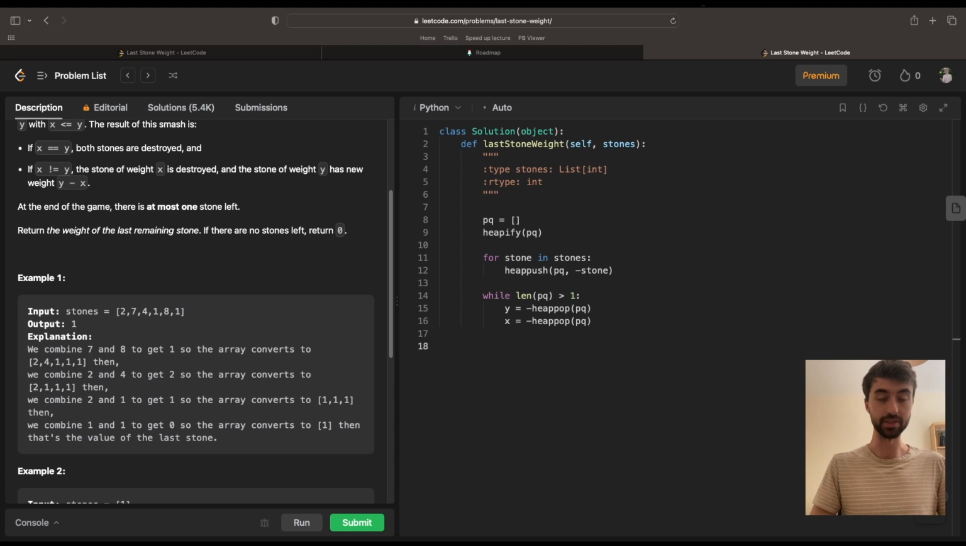Once we have both of these, remember our game instructions. If x equals y, both stones are destroyed. So in the case where these are equal, I don't need to do anything else, because by removing them from the heap, they're just gone, meaning they're destroyed. The only case I have to check is if they're not equal to each other, because then I have to create a new stone and add it into the priority queue. So if x does not equal y,